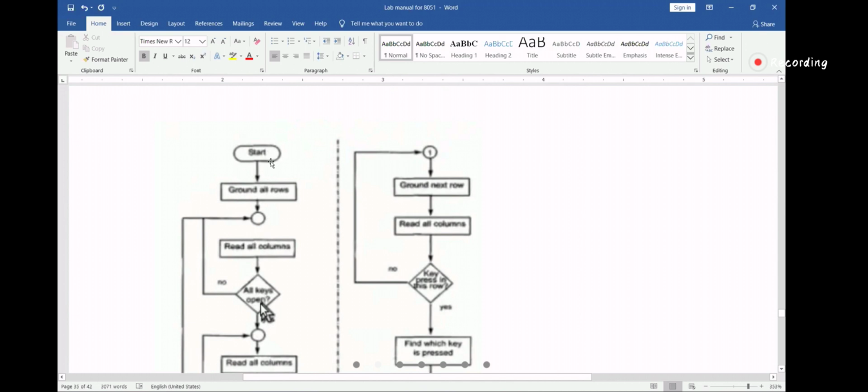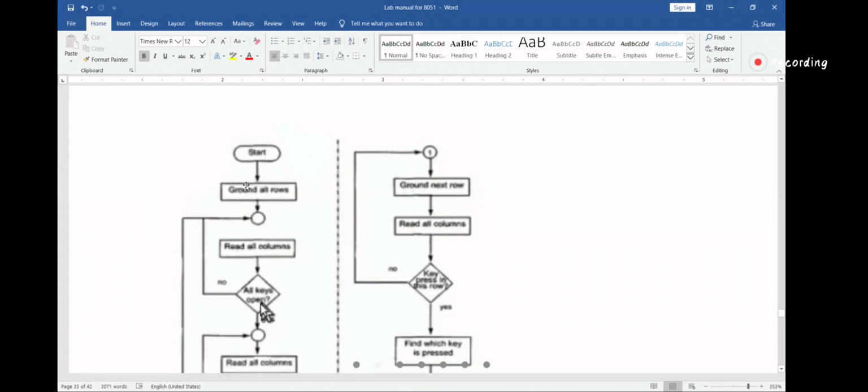Then I'll do this first one. Check whether the key is pressed or not. So ground all rows. Can you see this? Ground all rows. Is it visible? That one we did, right, in the first step, step number 1. Do you remember or not? Step number 1 now. Look.